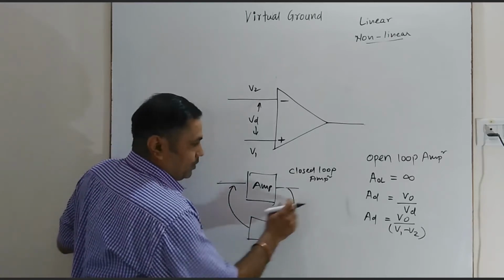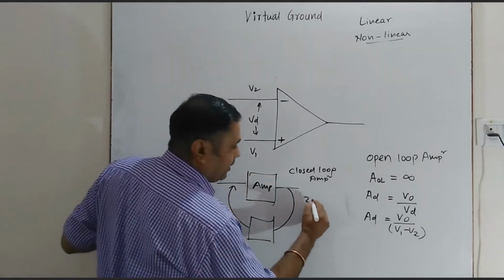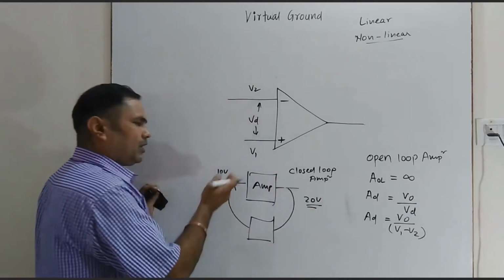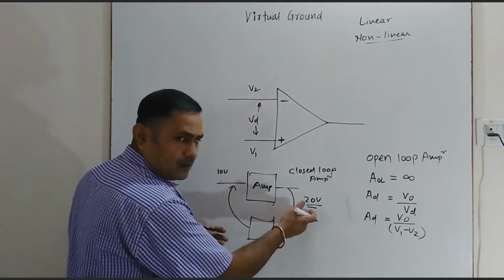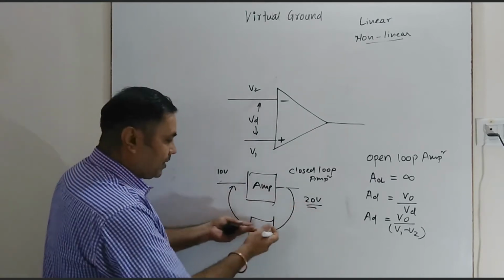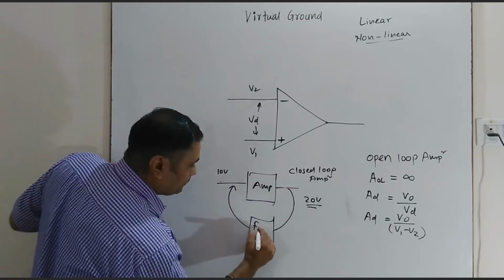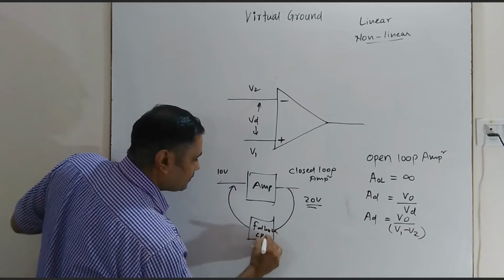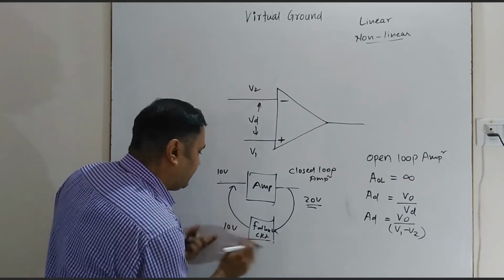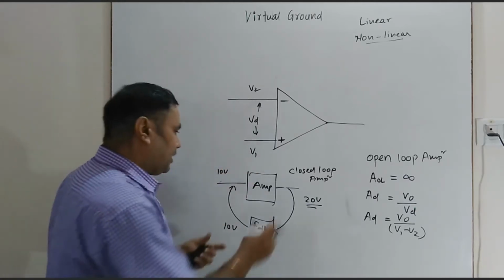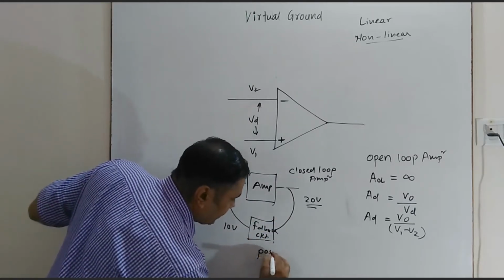So in the feedback circuit, suppose we are inputting 10 volt, and suppose we are getting 20 volt at the output. Suppose we do not require this much 20 volt directly at the input of the amplifier, we can reduce it using a resistive circuit. So this circuit, which is connected between output and input, is called a feedback circuit. So here from 20 volt, suppose we have dropped 10 volt, again 10 volt will remain here and this 10 volt is getting added at the input. So this voltage is getting added, so that is why this feedback is called positive feedback.